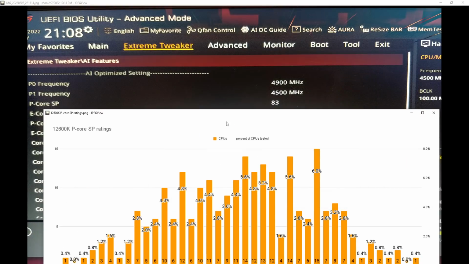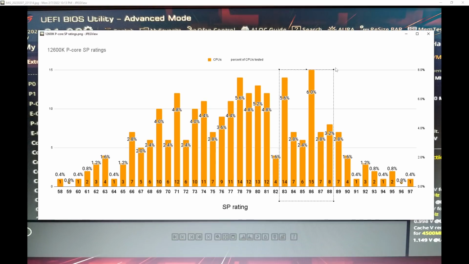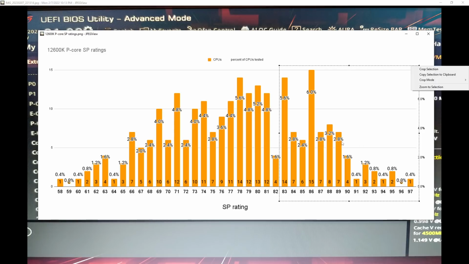Let's close this, close that. Yeah, mine's a P-core rating of 83, so mine is in like the top 20%, I think. At a glance, I want to say that's top 20% because we've got all of this up here, which is like nothing, and then we've got like 5%, 5%, 6%, which I think these would actually probably average